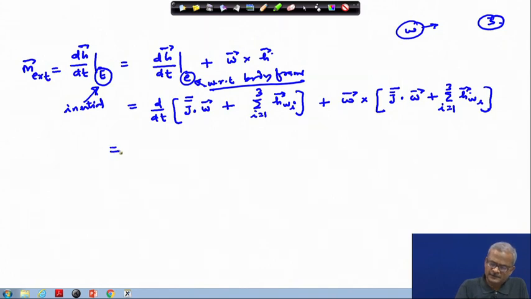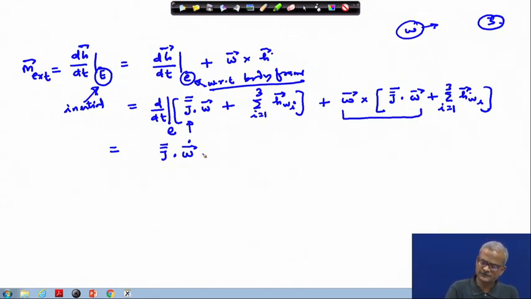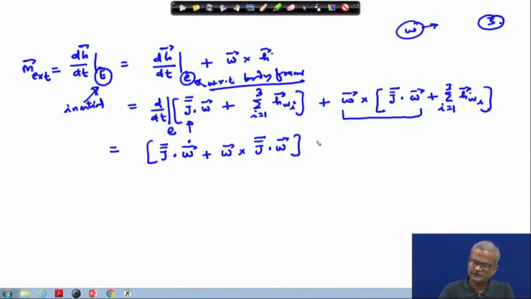Okay. So, the right hand side, now in the body frame, this differentiation is with respect to the body frame. Therefore, in the body frame this inertia term will not change, and then we can write this as, plus we can pick up the term from this place and write here omega cross J double bar dot omega, we club it together and then the other terms we can write as d by dt, this is with respect to small e.